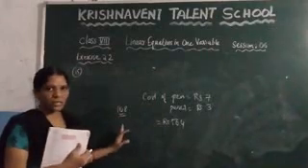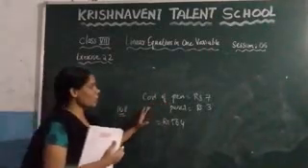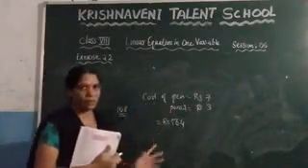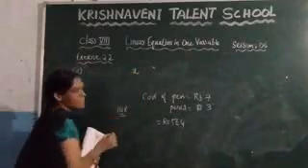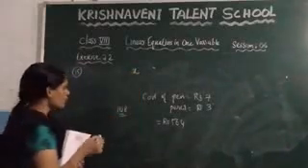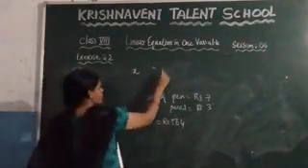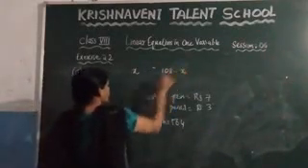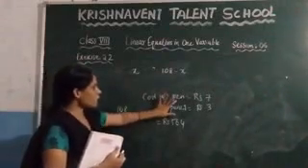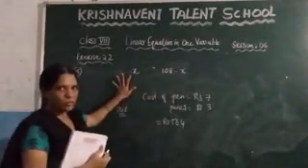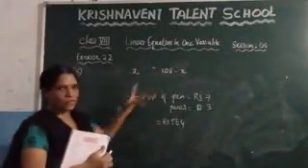He bought 108 together, total pens and pencils. Now you need to calculate how many pencils he bought and how many pens he bought. You don't know how many pencils he bought, so let us consider it as x. Then the number of pens he got is 108 minus x, right? Because the total together is 108. If you are taking the number of pencils as x, then the number of pens is 108 minus x. You need to subtract that one.